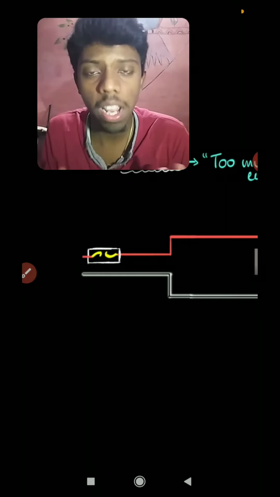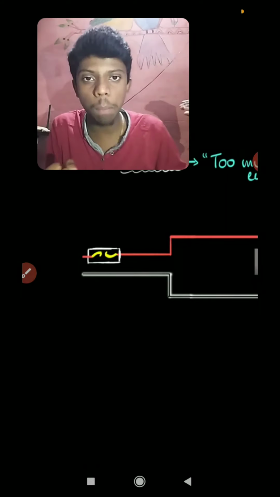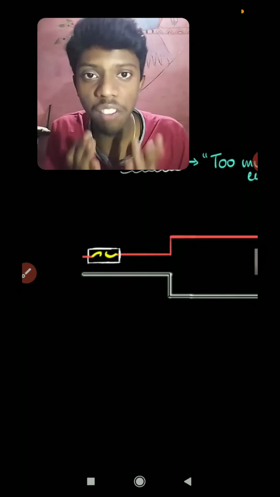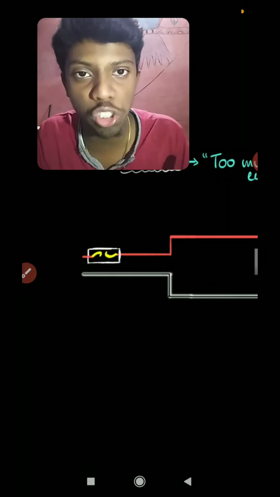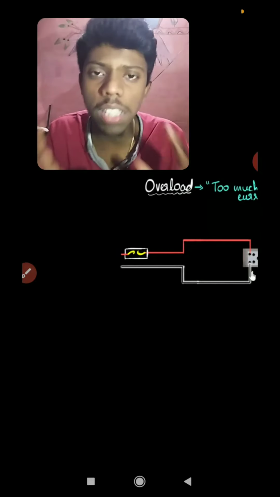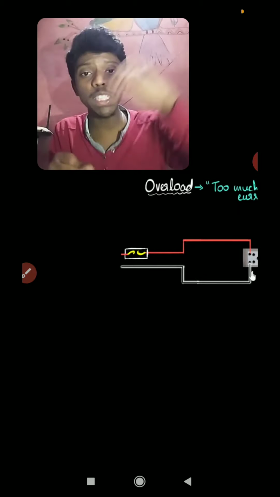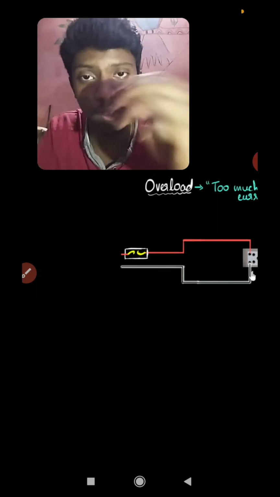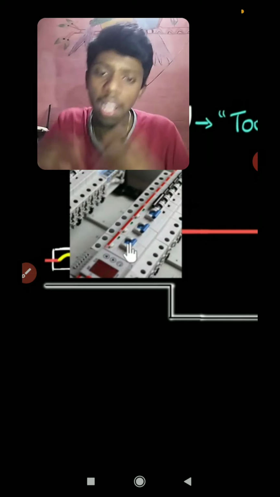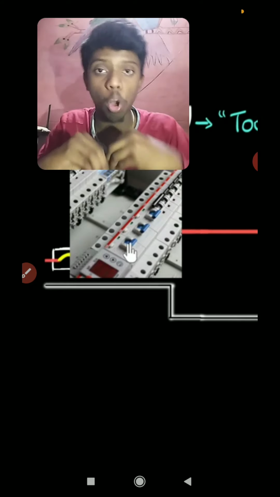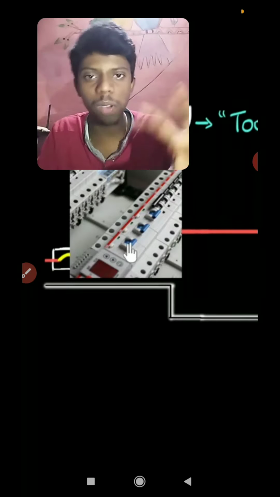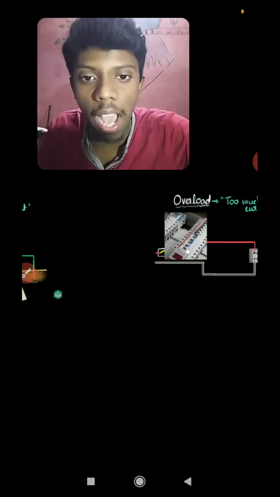The obstructions are more. If obstructions are more, the current cannot easily pass, so it takes all the heavy current which is coming from the main supply, and since it has a very low melting point, it immediately starts to melt and we can replace it. So this is how the fuse works. Nowadays we are not going to use this kind of fuse, because it needs to be replaced every time the fuse breaks. So now we have changed to this kind of fuse, which is a very advanced type. It automatically breaks the circuit. So it is highly advanced, and you don't need to learn it now, I think. This is what we are using in our homes.